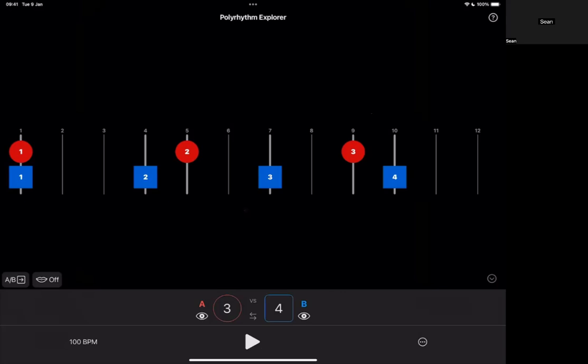Hello, Joe. Hi, my name is Sean. I'm in the United States right now. I just wanted to make a comment here, and maybe this is readily apparent to all the other drummers on here, but it took me forever to figure this out and notice any sort of similarity. So, the way I think about these things a lot of times, and this app is great for doing that,